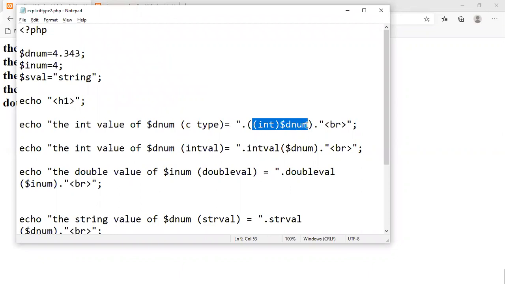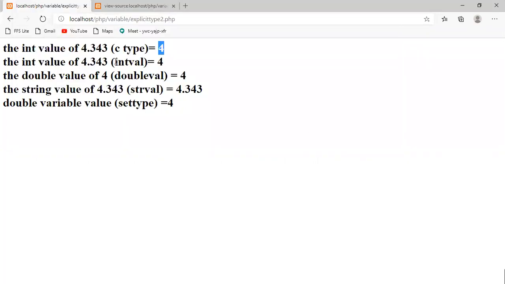This is a cast, and here intval. In this one I want to get only the integer value, I don't want the fraction, so only 4 is coming. And the doubleval function gives the 4 value only. And the double is converted into a string.